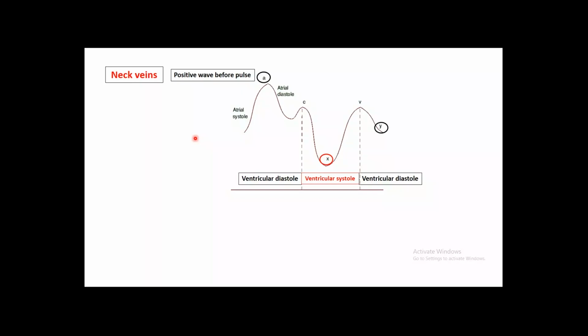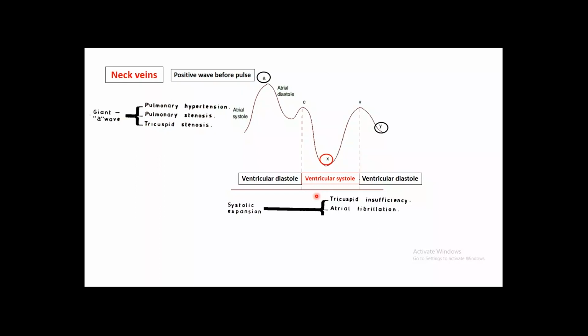First, there is normally systolic collapse of the jugular venous waveform, the X wave, due to atrial relaxation and pulling down of the tricuspid annulus towards the ventricle, or suction effect caused by ventricular systole. So if we have a patient with an abnormality like systolic expansion of the neck vein, this is abnormal, and the cause is either incompetence of the tricuspid valve, which is the valve between the atrium and the ventricle, causing regurgitation of blood during